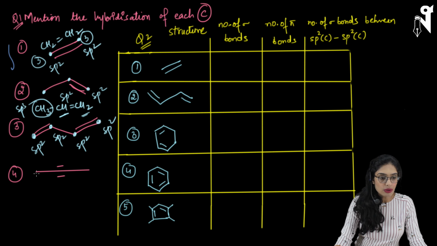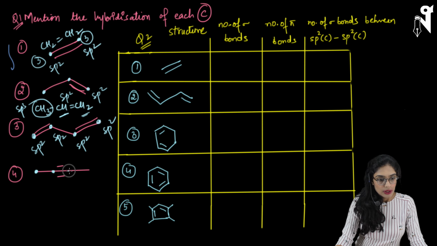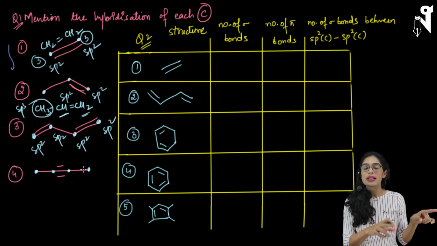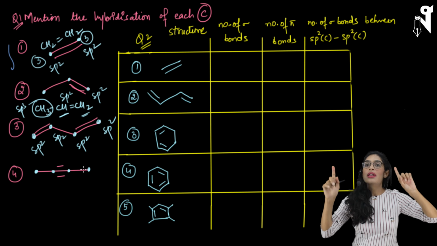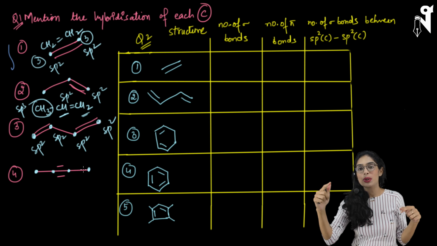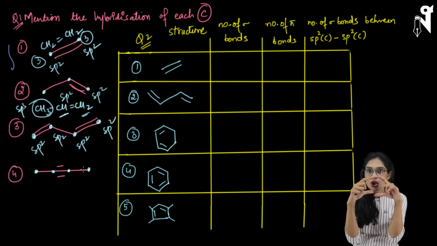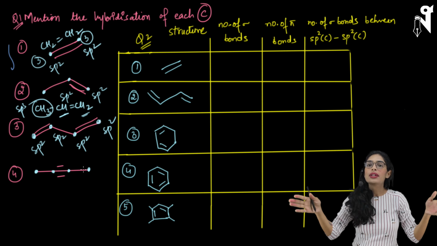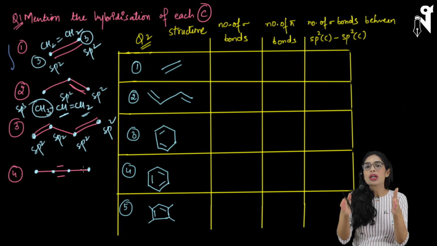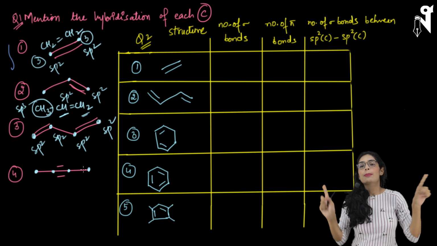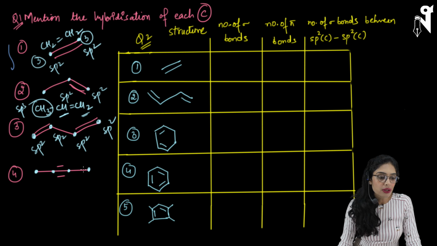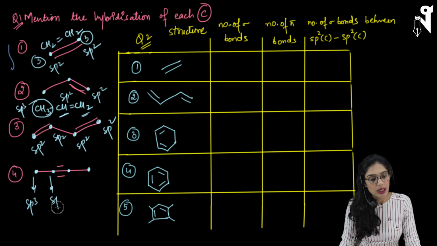Now let's talk about this carbon. There are 4 carbons actually over here. Even though they are written in a straight line, this is how you have to resolve it. If a triple bond is written throughout, that means there are just 2 carbons and the triple bond is in between. If it is written this way, where you have a short triple bond and then a length given, that means there is one carbon, one carbon. As soon as the triple bond is over, there is one carbon, and then the next endpoints are another set of carbons. So here the hybridization of this will be sp3. This carbon is sp, this carbon is also sp, and this carbon is sp3.